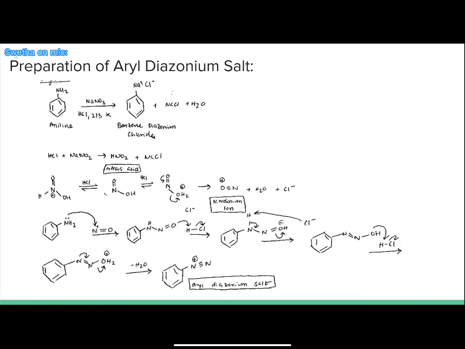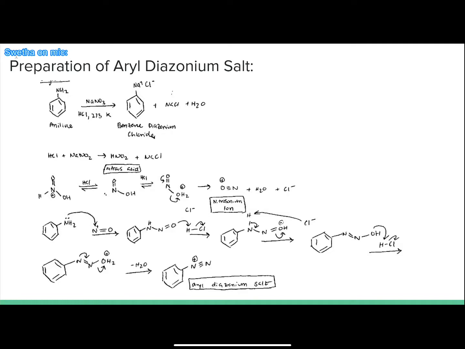Here we have the equation and mechanism for preparation of aryl diazonium salt. Aryl diazonium salts are prepared by treating primary arylamines with sodium nitrite and hydrochloric acid. Generation of the nitrosonium ion is first. The nitrite ion is protonated once to form nitrous acid and then protonated again to form